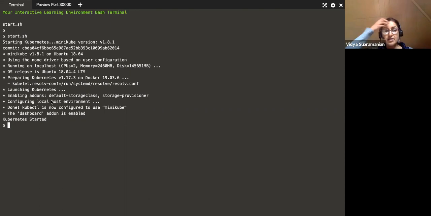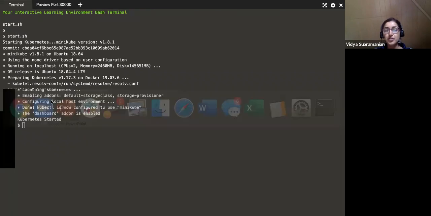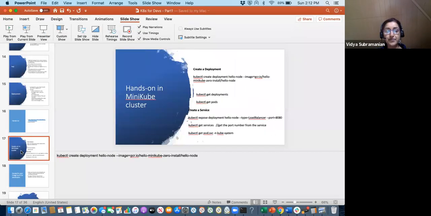Okay. So now Minikube is running Kubernetes. Again, from your perspective, you don't have to think about anything other than now Kubernetes is started, and I'll continue putting the commands for you, but you're basically now going to create the deployment.